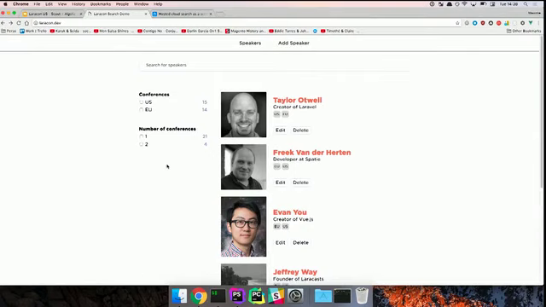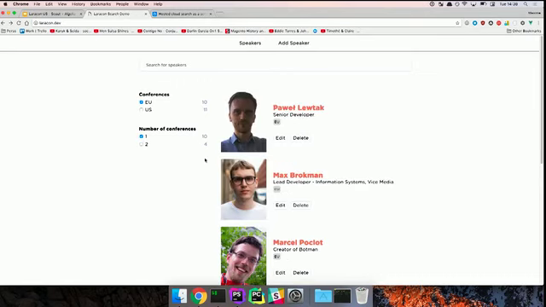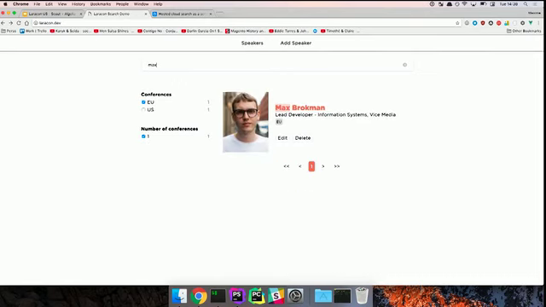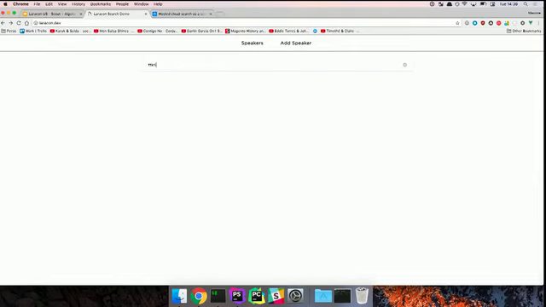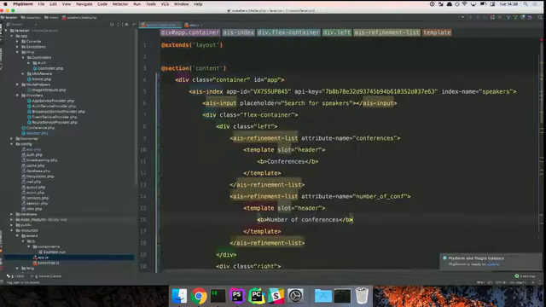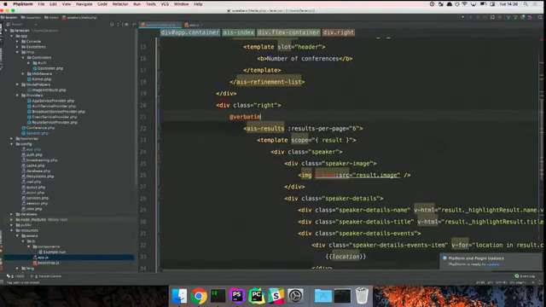So right now, the thing that I wanted to do, being able to search only in EU speakers and speakers that are only doing one conference, I do EU, one conference, and I can search on top of them. So it's already better. One of the issues that we have is that when we type a random query, we don't really know if it's working or not. We have no information. So this is a bad practice. To avoid that, we usually display a small message saying no result for this query or something like that. And this can be done very easily.